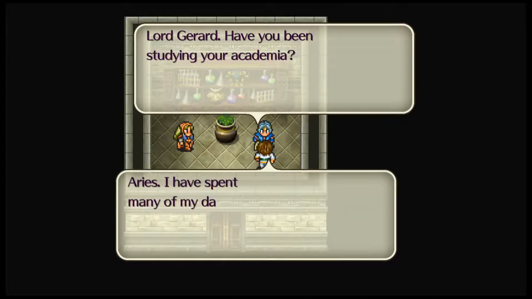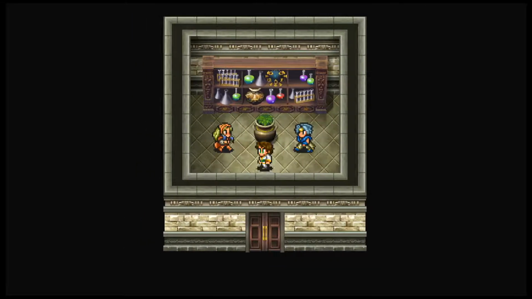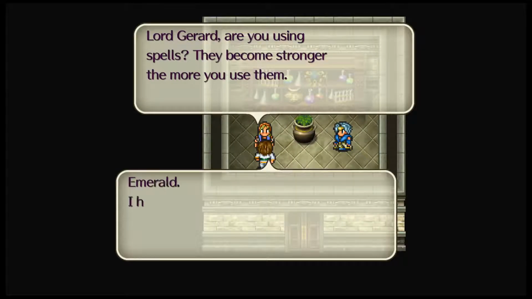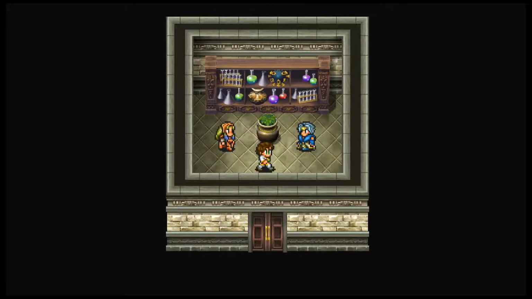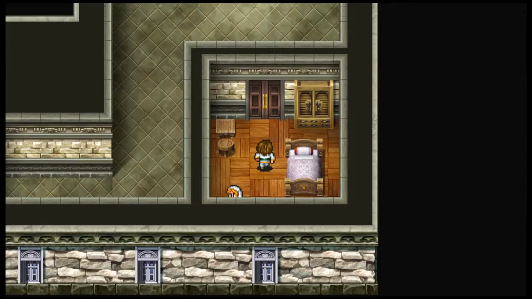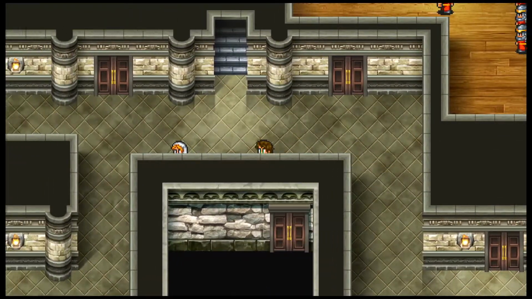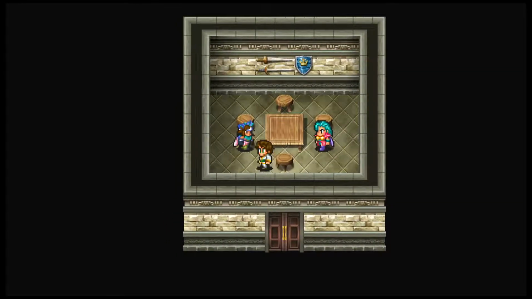Have you been studying your academia? Yes, I spent days hunting monsters with my father, so I haven't had time for books. He's not going to give us water magic, unfortunately. Are you using spells? They become stronger the more you use them. I haven't learned any spells. I'll teach you Fireball. Yay, now we've learned Fireball. I would rather learn water magic, honestly, and you'll see why later, because water is your healing magic. And I would love to have some healing magic. Oh, for some reason it just popped into my head. If you fall in battle...